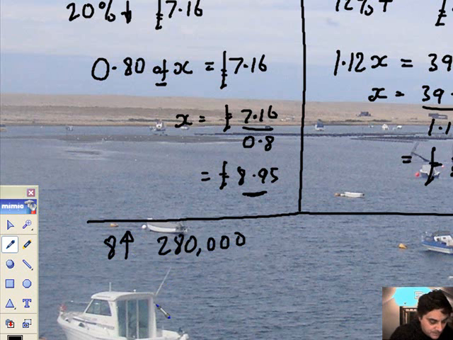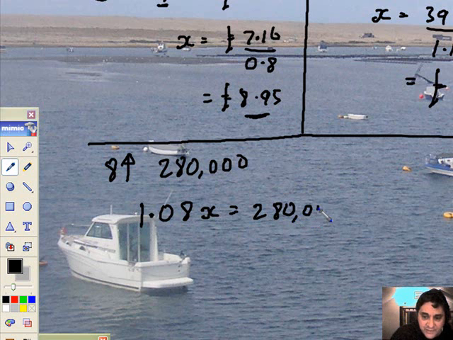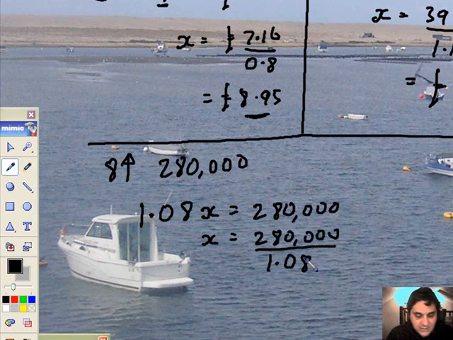Okay, fine. So if I've gone up, then I'm now 108% of what I was last year. So 108% of what I used to be is now 280,000. So what I used to be last year is 280,000 divide that by my multiplier, 1.08, and that's going to be easy. 280,000, divide that by 1.08, and that gives me